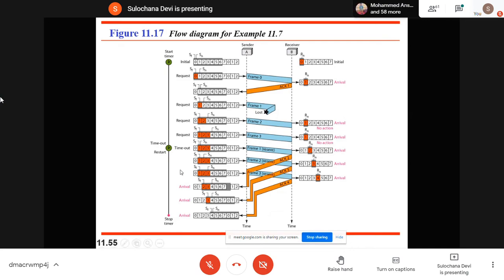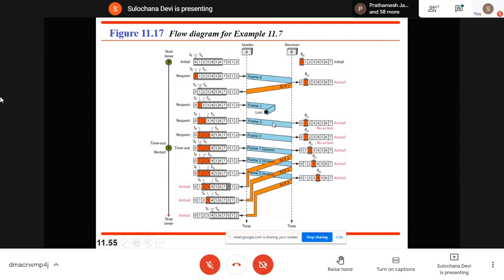Second frame is received. See here, we transmitted frame number 0 and acknowledgement received. So now our window is from 1 to 7. It means we can send these 7 frames without waiting for acknowledgement. And SF is pointing to the first frame. This was lost. Now we send the second frame. Now we send the third frame. Till the third frame. And here it is expecting frame number 1.